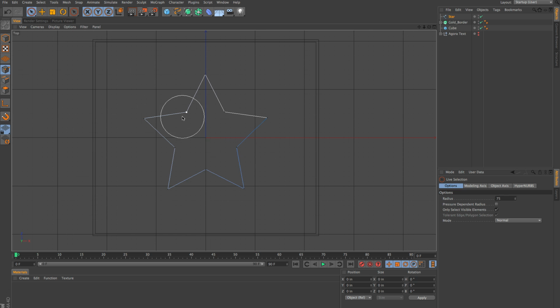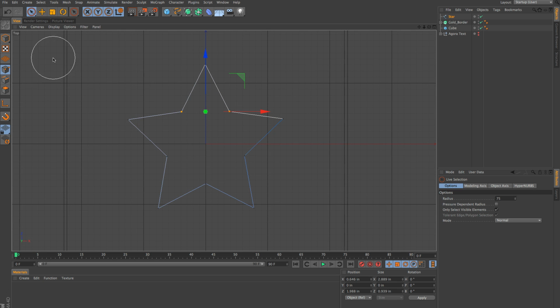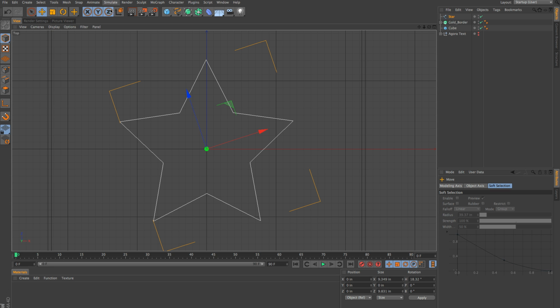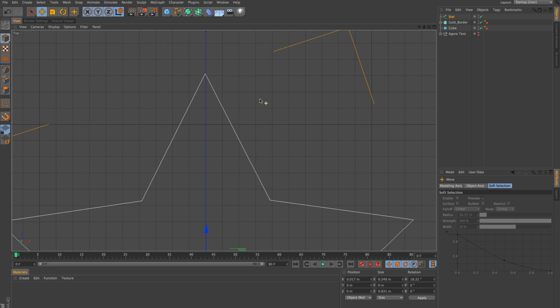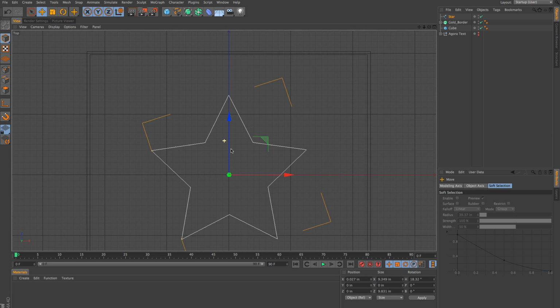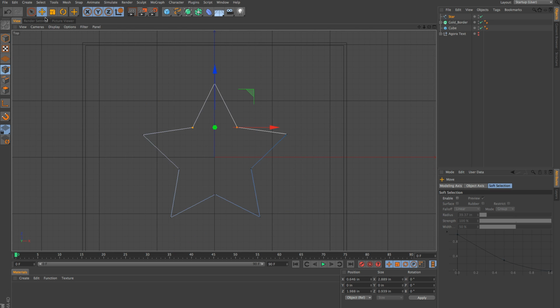Go into our point mode. I'm going to take these, let's go into our world axis up here. First thing before we do that, let's just make sure that this thing is aligned to the center. Just looking at this top point, making sure it's aligned to the blue axis. There we go. Alright, let's go back into the points, and I'll select these 2 points, just bring them down till we have a flat top on